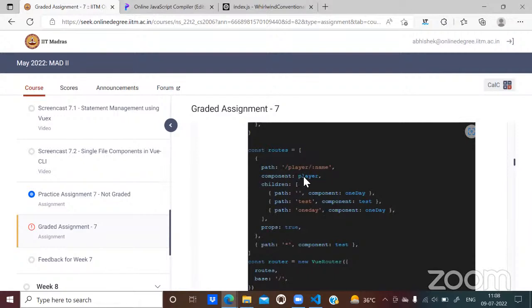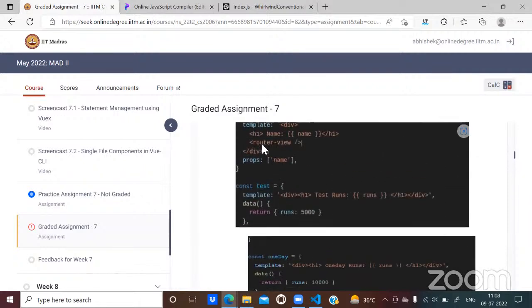The component to be called is player. But children define certain paths. For example, for /player/Rohit, since there is nothing after Rohit, it is caught at this level. But if after name there had been /test, it would have gone to this test. If it had been /oneday, it would have gone to this component.